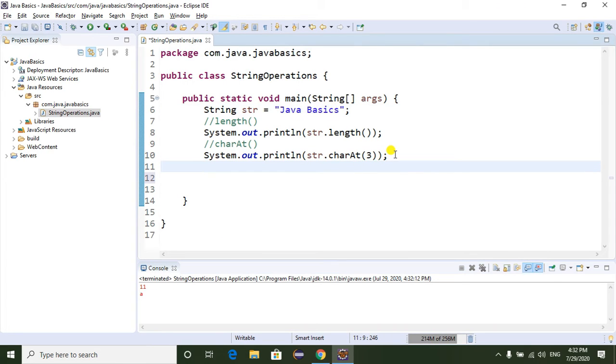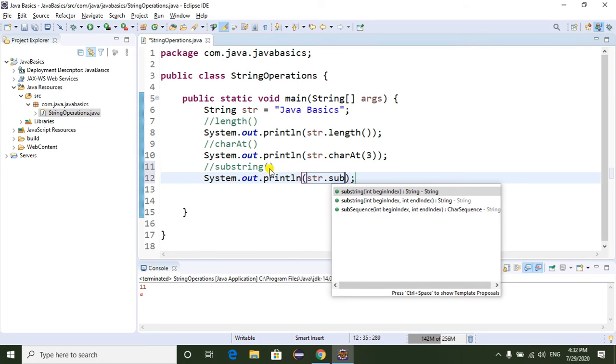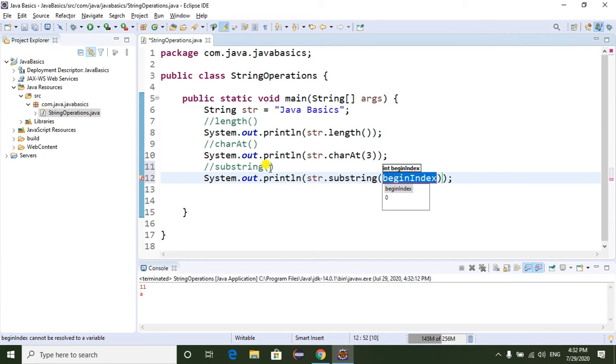And the next method is substring method. This substring method will return a part of the string. Now I am going to find the substring, str.substring. I want to give between 6 to 8.